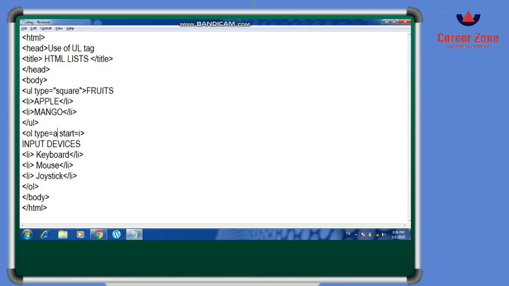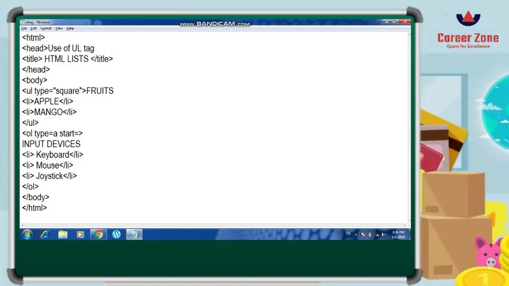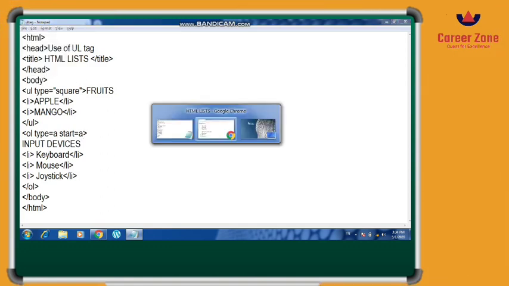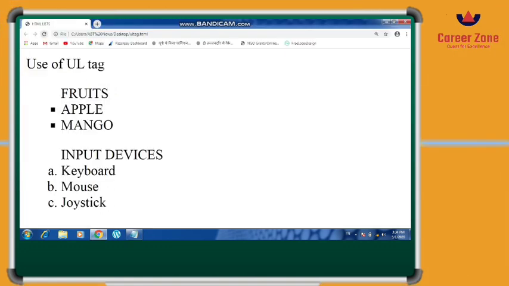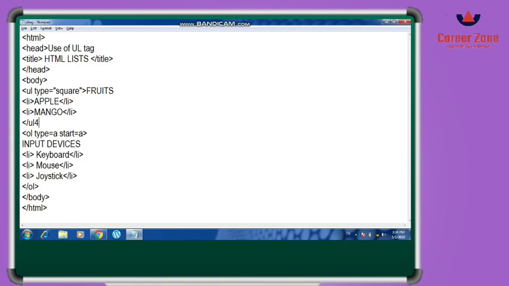It will give the numbers in the form of A, B, C, D. See how it is changing. If you want the numbering to start not from the starting alphabet but maybe afterwards, you can define the number here, and let's see how it works. So it will start from the fourth letter.